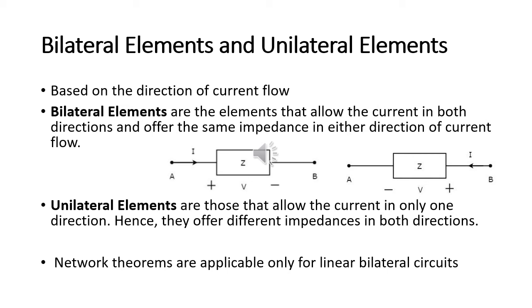Similar is the case with an inductor and a capacitor. But look at the case of a diode. Suppose I change the direction of current in a diode. We know it won't turn on. So a diode will conduct current only in a particular direction. There is a directional property for a diode. If you reverse bias the diode, it won't conduct any current. So a diode is a unilateral element.